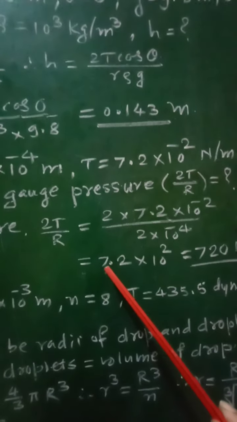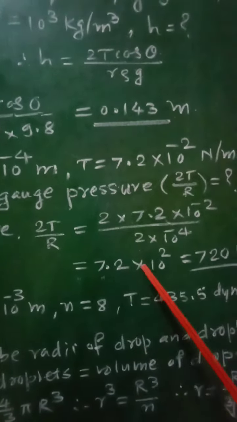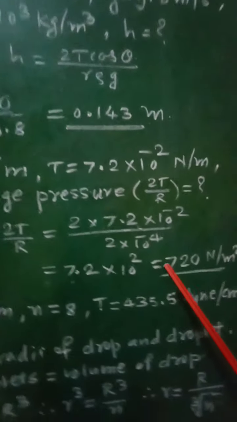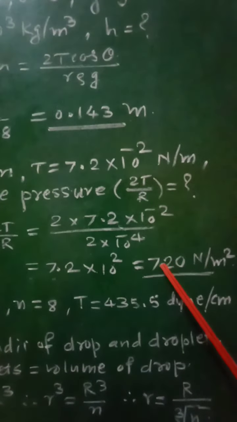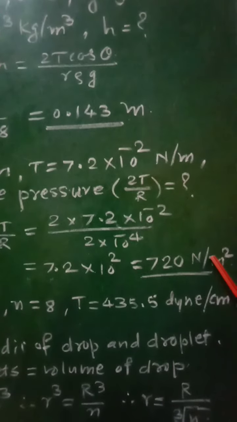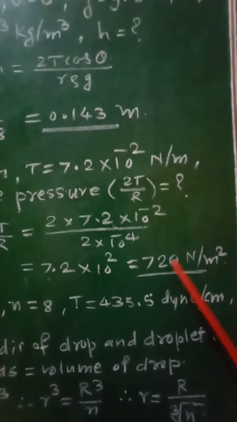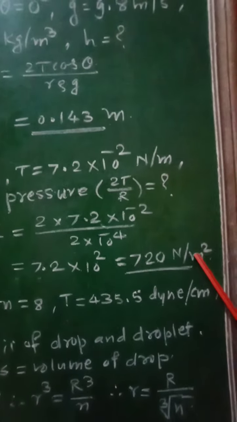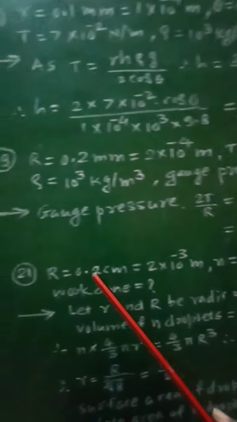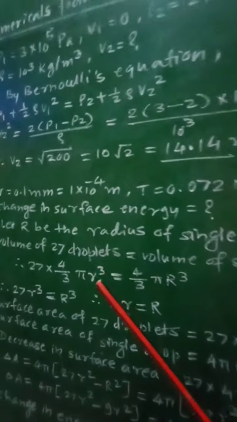Calculating this, we will get 7.2 into 10 raised to 2, which will be equal to 720 Newton per meter square. So this will be the gauge pressure, 720 Newton per meter square. Then we will go for numerical number 20,